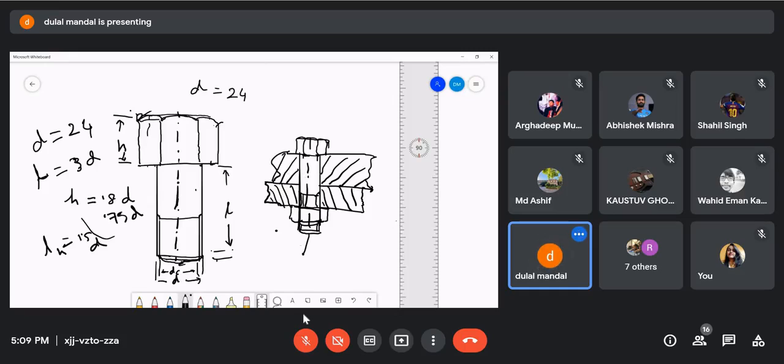Now coming back to this, you can use the same dimension. This you consider 1.2D. This you consider 0.7D. And other dimensions remain the same. Okay. Is it clear to all of you? Is it clear? Sir,